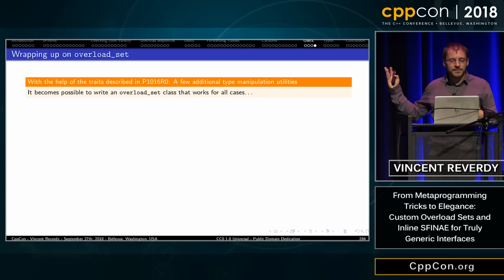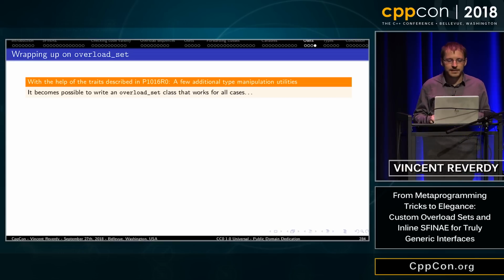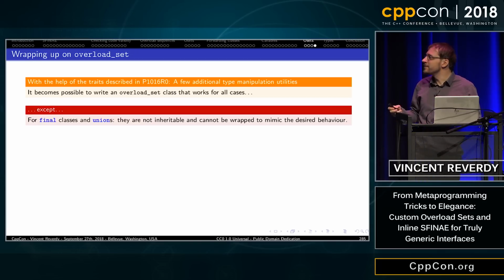And with the help of these traits, I can promise you that it becomes possible to actually write the overload set class. Except for two things: for final classes that are not inheritable, and except for unions that are not inheritable either.